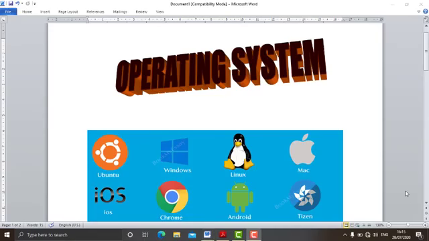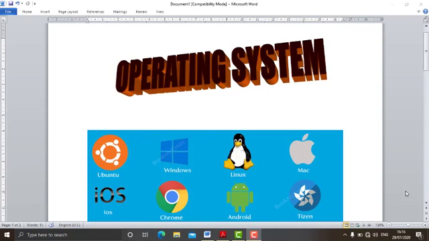The next work of the operating system is device management. You all know that we connect a number of devices to the computer, and all these devices have drivers. In order to work with those devices, the drivers are supposed to be there in the computer. So an operating system manages device communication through their respective drivers, which means the operating system connects the devices through their drivers.